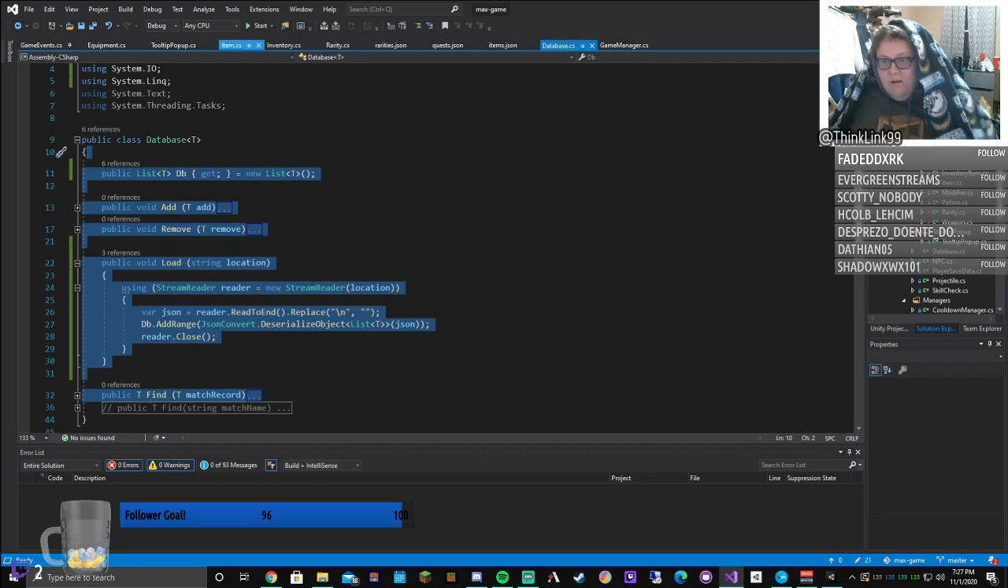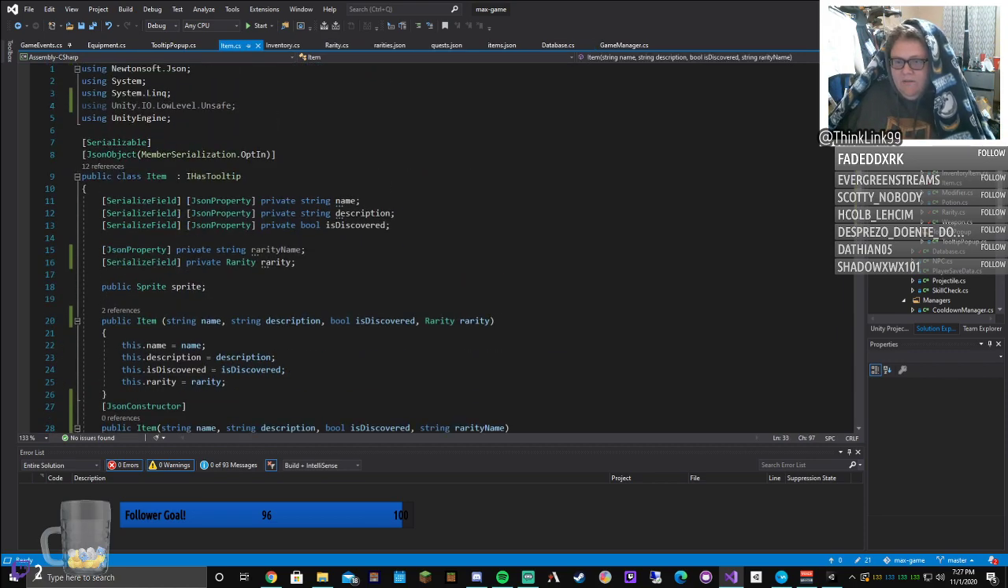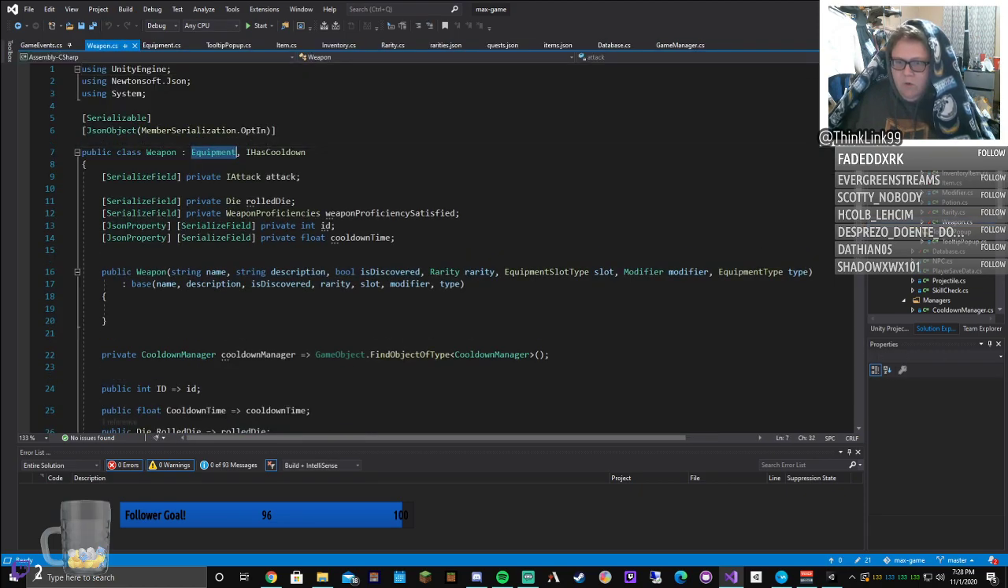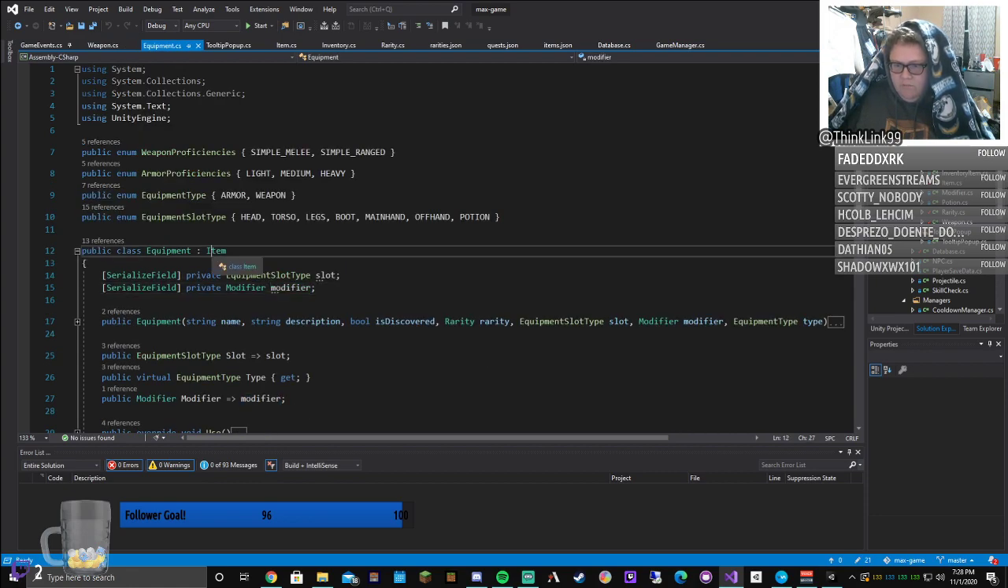Okay. Item is the base class. But my item here, my sword, is a weapon, which inherits from equipment, which inherits from item. So when I'm deserializing,